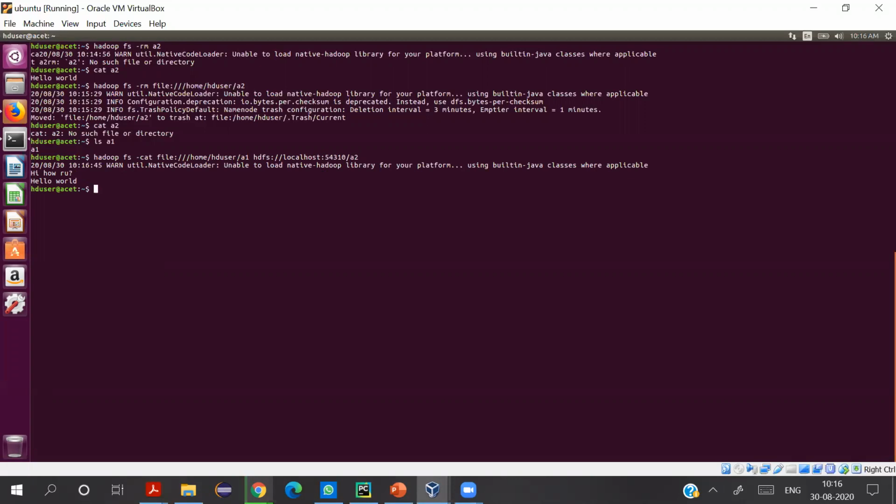So that's all for today's session. And in my next session, I'll continue with the HDFS commands. We'll cover all the HDFS commands and their counterpart Linux commands so that you understand them very nicely and clearly. All you need to do is to work with these commands in the cluster that you've installed on your desktops or your laptop. So keep watching my videos.